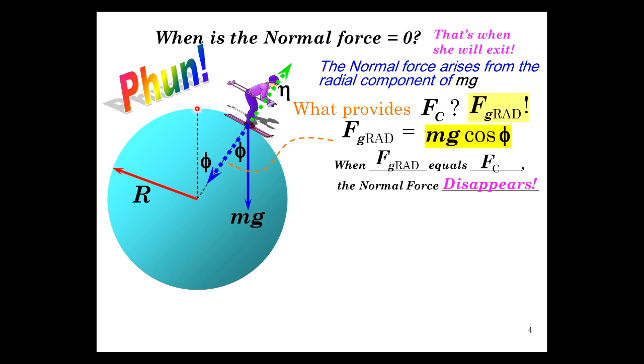So keep in mind that the centripetal force is getting greater and greater as we traverse down the snowball. As the centripetal force goes from zero, no motion, to greater and greater, the mg cosine of theta, the radial component, is getting less and less. At some point, namely this position, those two forces converge upon each other. They become the same, and the normal force goes away. So it's orbiting at that moment. You're orbiting the snowball, and then a moment later, you're really exiting the snowball